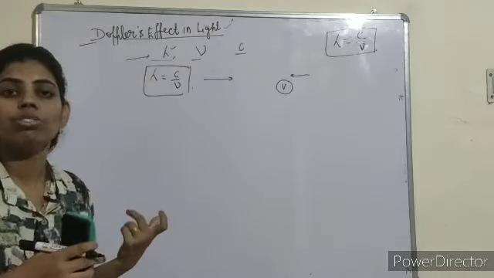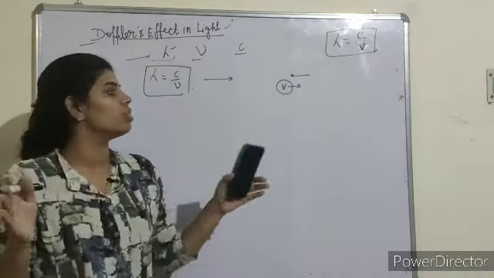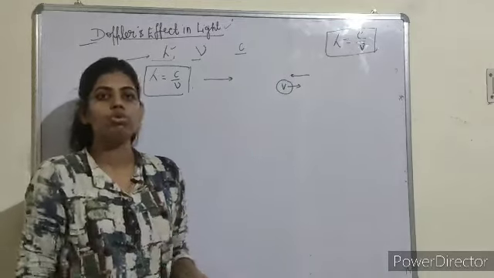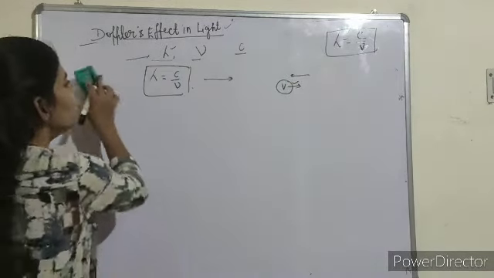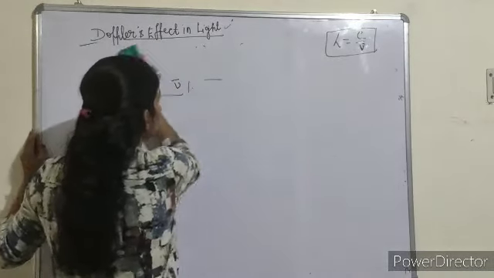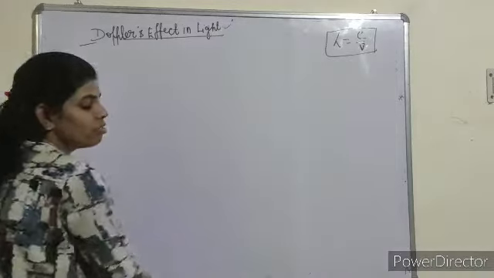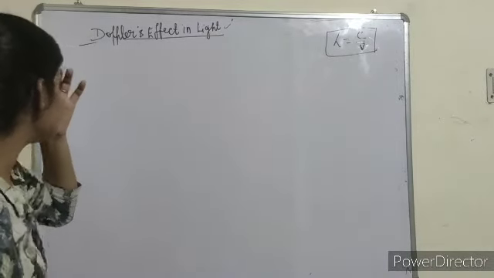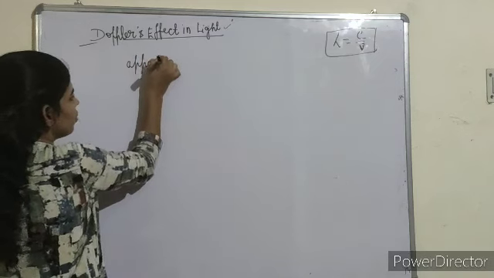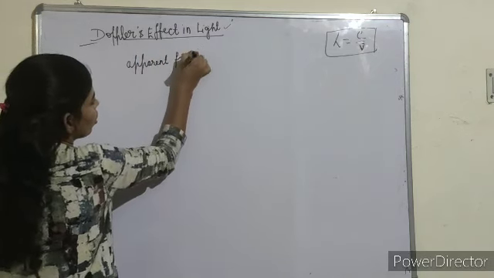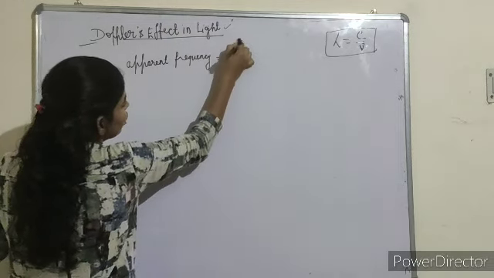V is the velocity of the light, and the source and the observer are coming close to each other by a distance v. And the apparent frequency when source and the observer are approaching each other is denoted by nu dash,